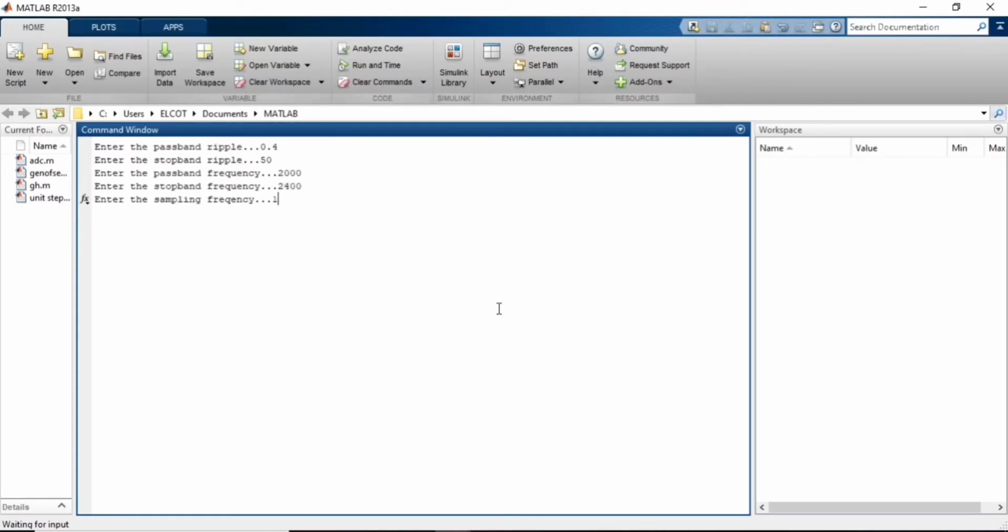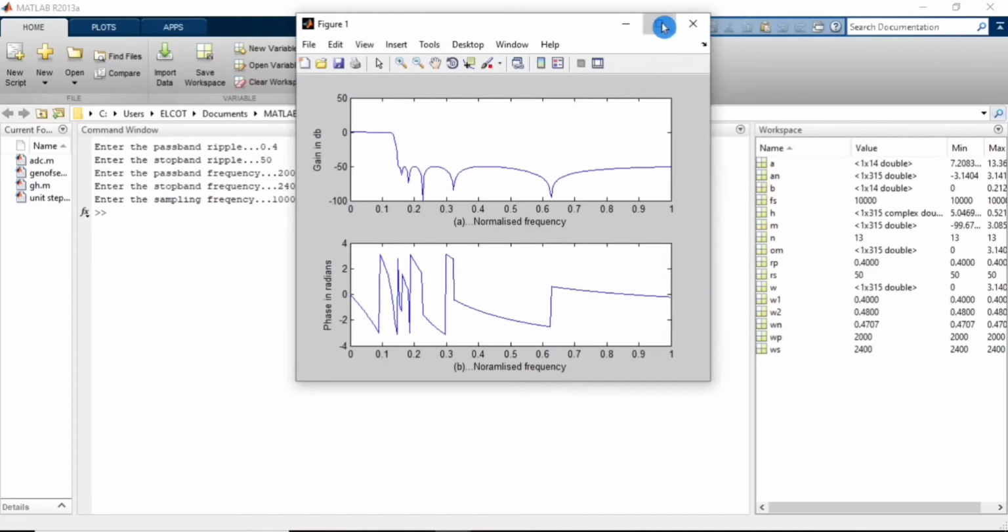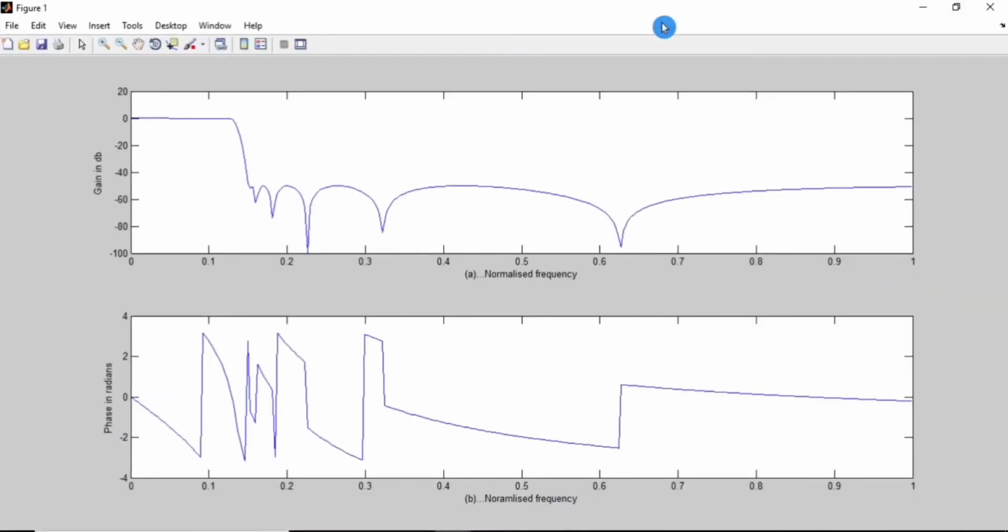Finally, sampling frequency as 10,000. This is the output for our low pass filter. This is the magnitude response, and this is our phase response.